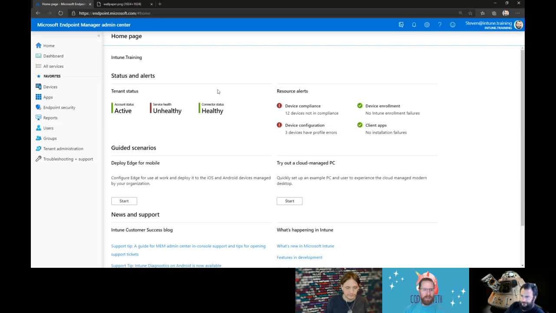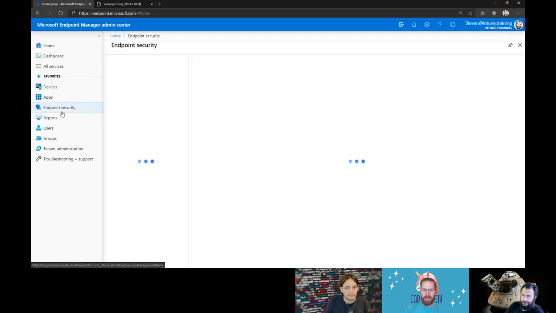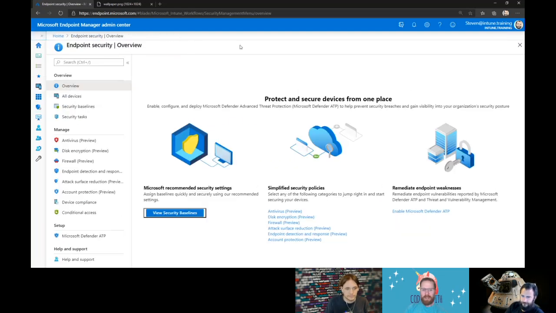So we're going to start there, and there's a blade over on the left-hand side called Endpoint Security. And so today there's some new things that have shown up there that we are just going to take a first look at, literally, together, as we look through it and talk about it and give our first impressions and poke around a bit.